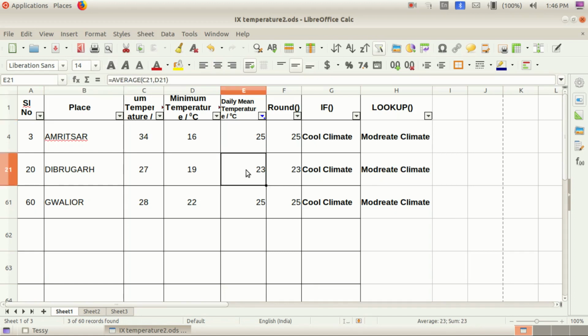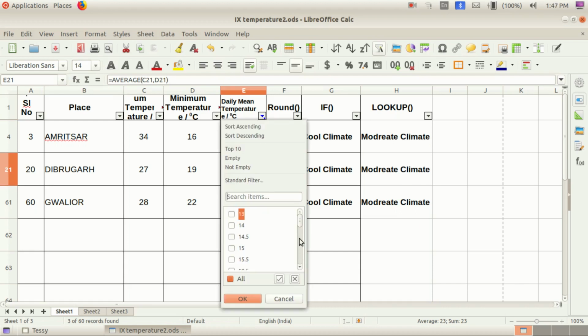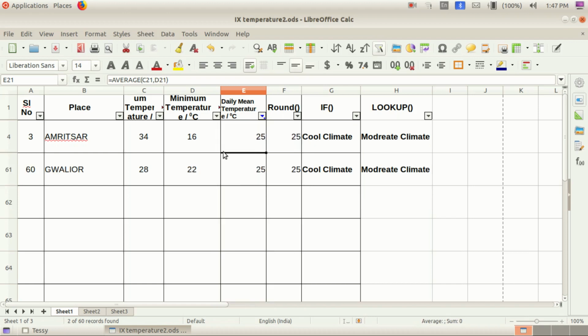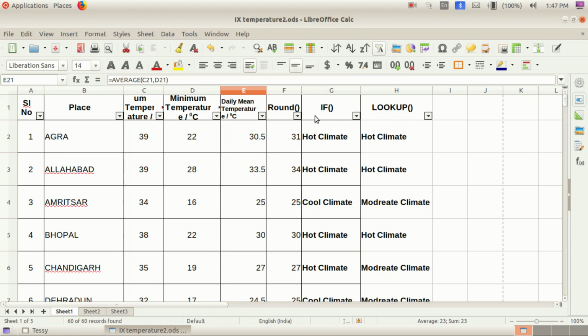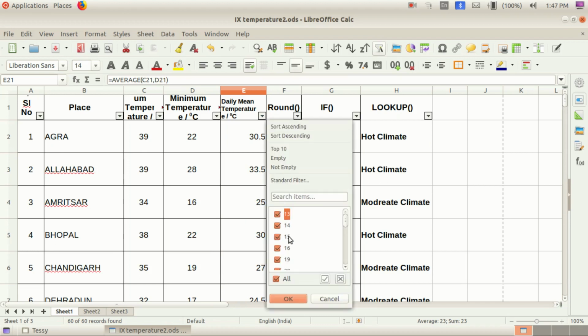Do you see this? This is 23. How did it come? I did not turn off 23 also, that is why, children. Otherwise only 25 would be there. When I do it at that time, that happened. Look here now, only 25 you can see here, 2 persons only. In rounded, how many are 25? Let us see. Click on All here and click on OK. Then in rounded, sometimes 24.5 also we will get as 25. Let us turn off all the others.